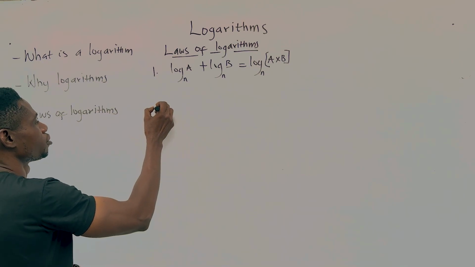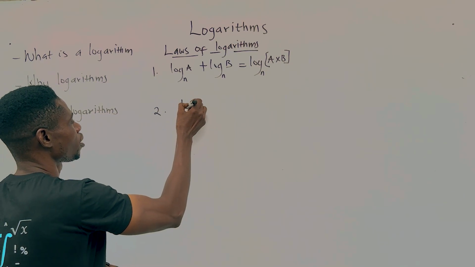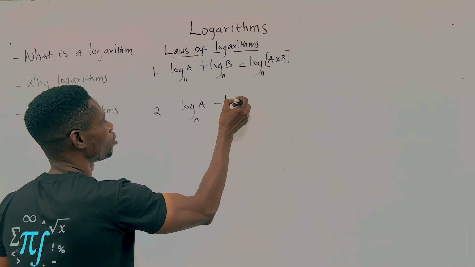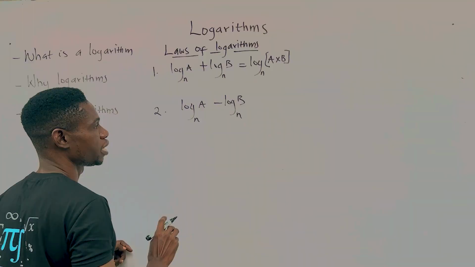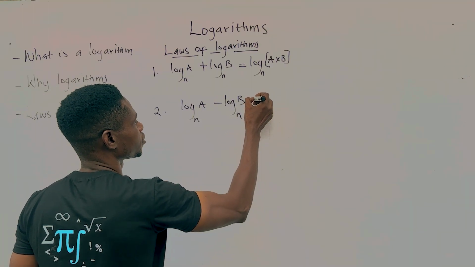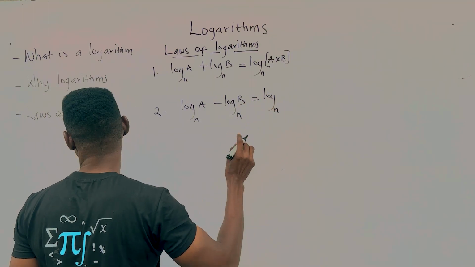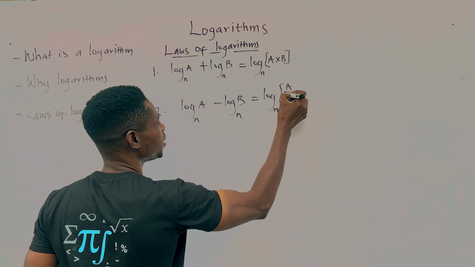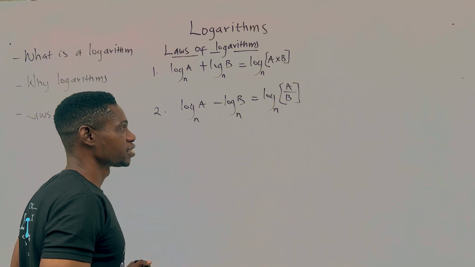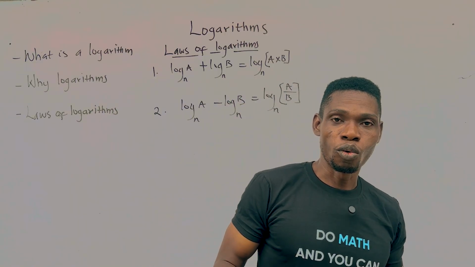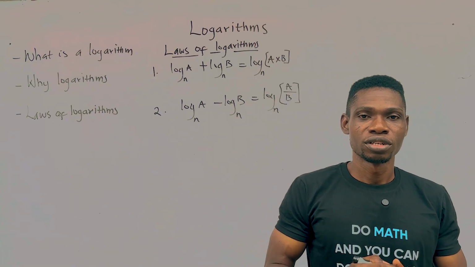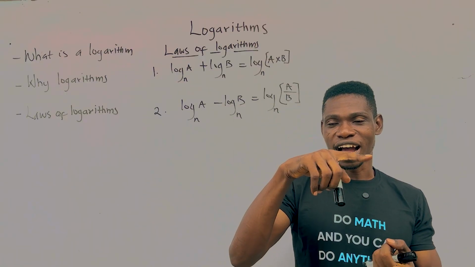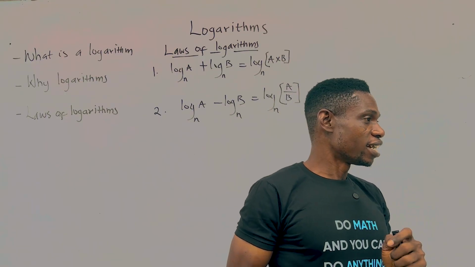Now the second law says if you have log A base n minus log B base n, you pick your log to base n, you divide the arguments. So the first law, when you are adding logarithms, you multiply the arguments. When you're subtracting, you divide the arguments. Now the third law